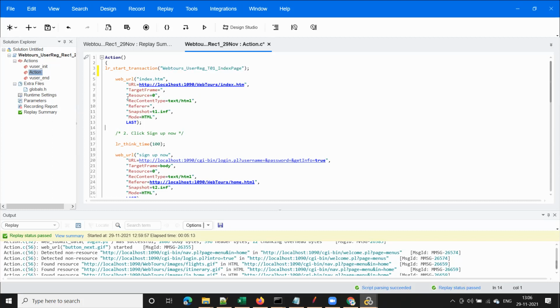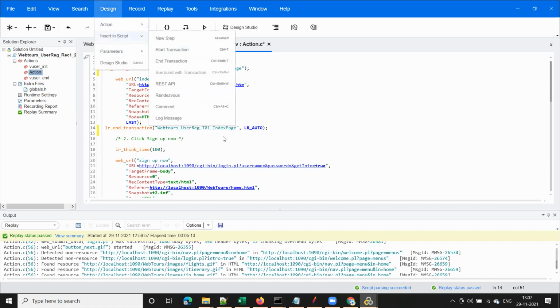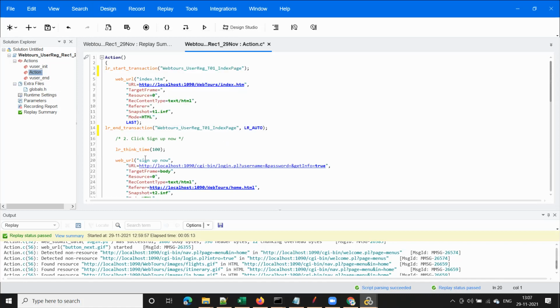I have to stop the transaction here. I started the transaction here, and I have to stop it here. For that, I have a shortcut called Control Shift T. If you don't remember those shortcuts, you can go to Design, Insert in Script. Next, I inserted a transaction for this home page. Now let me copy this. What is my next transaction? Click sign up now.